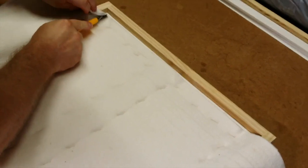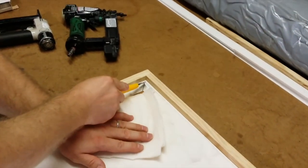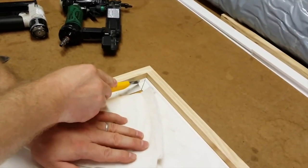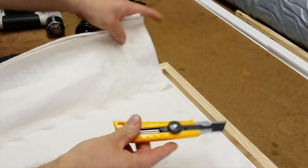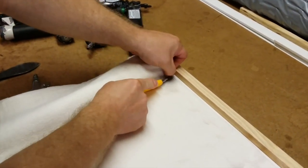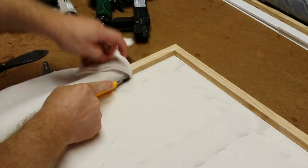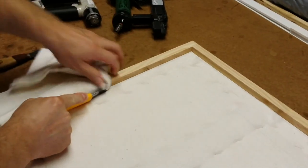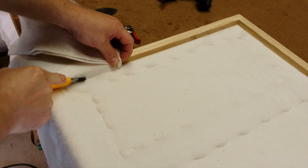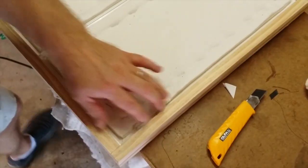Okay, so you put it right here. This is gonna be where you cut it. So this is gonna be your guide. All right, so you just put it in the corner. You don't want to cut the lips. All right, now